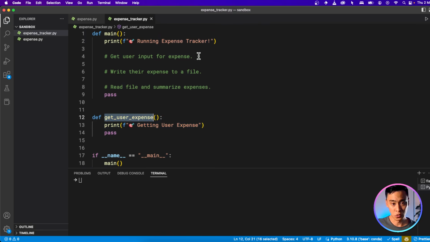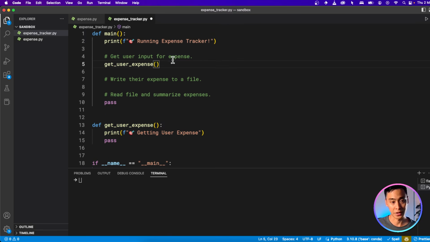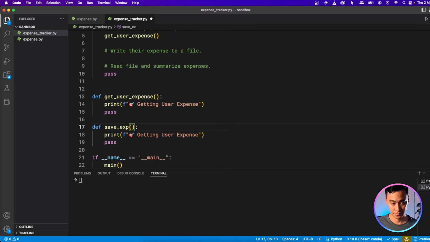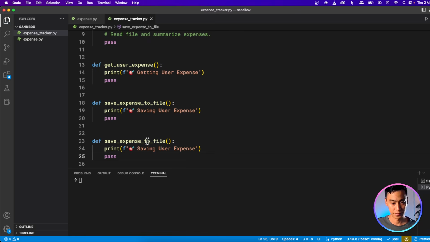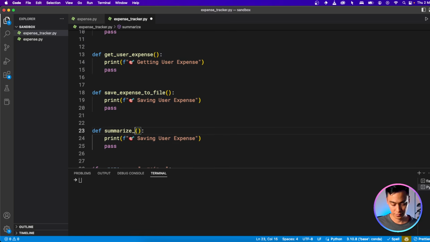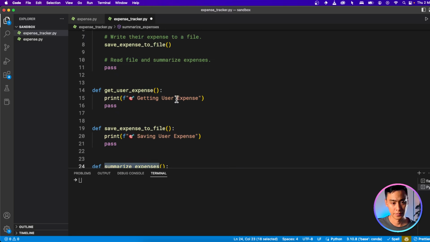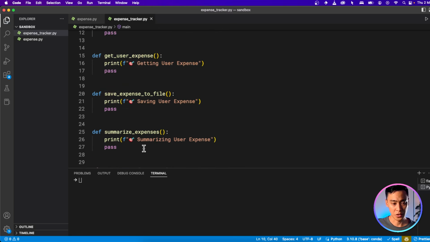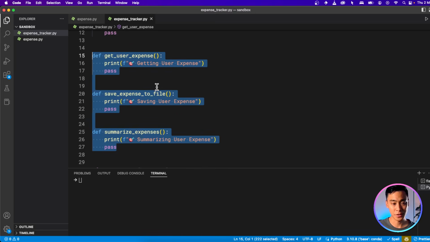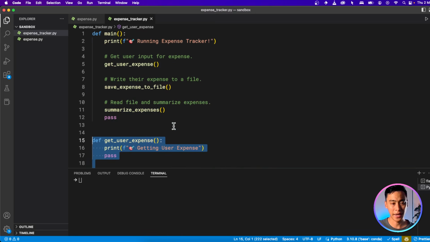And now I'm going to use this function right here where I want to get the user input for expense. And I'm just going to copy paste this for the other 2 tasks that we have to do. Okay, so now I have 3 empty functions, one for each part of the application, and I'm using them here in the main application.